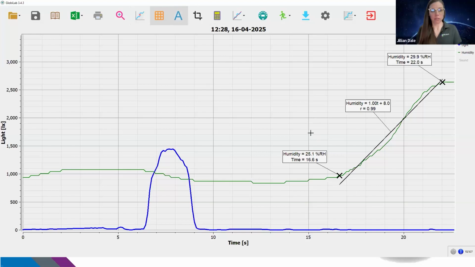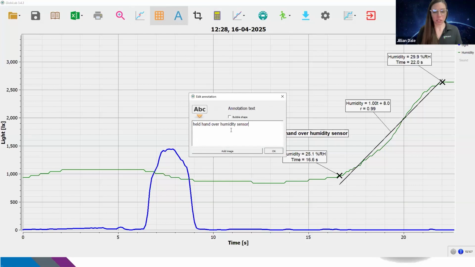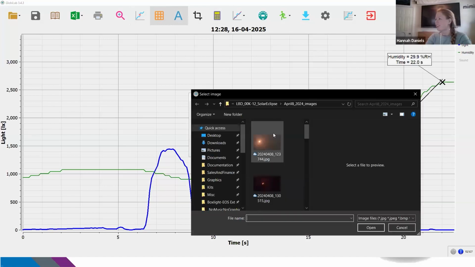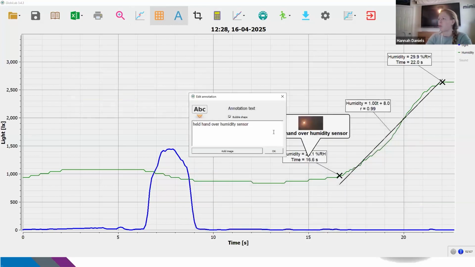Absolutely. I also forgot you can add annotations. So I can say something like, "held over humidity sensor." Ooh, can you add a picture? I can, but who knows what picture I'm going to find. Oh gosh. Excellent. It is in my solar eclipse photos from back when I did a very cool Labdisc